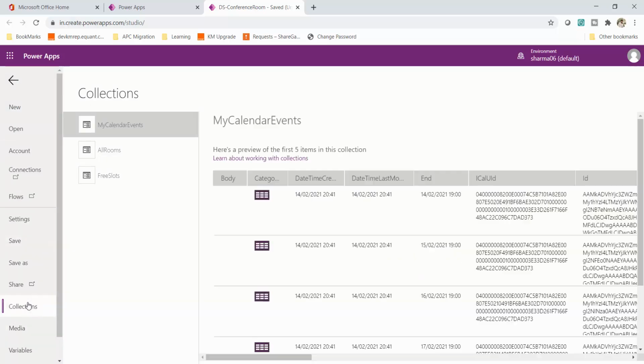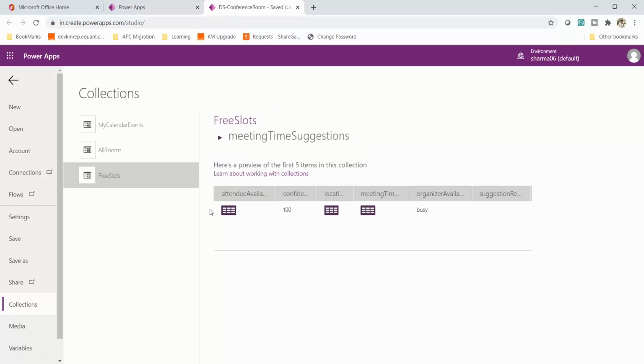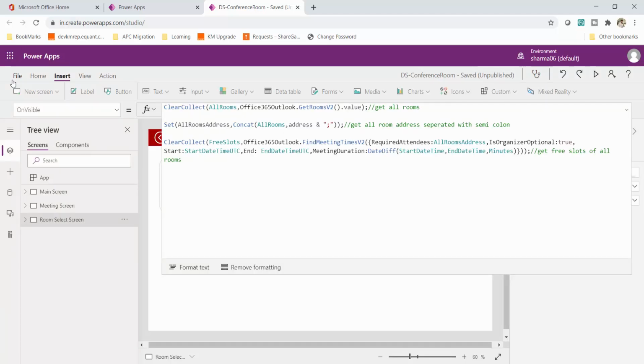Under collection, I have this free slots, and in the free slots you can see this meeting time suggestion. This is a table. If I click on it, inside this I have attendee availability, confidence, location, meeting time, all the data is coming, but now I have to fetch the data out of all these tables and format it in a way which I can provide to my gallery.